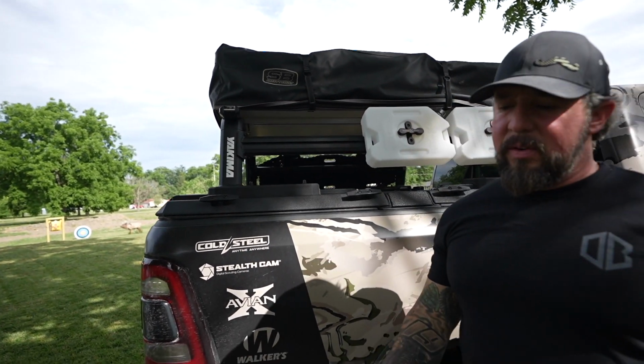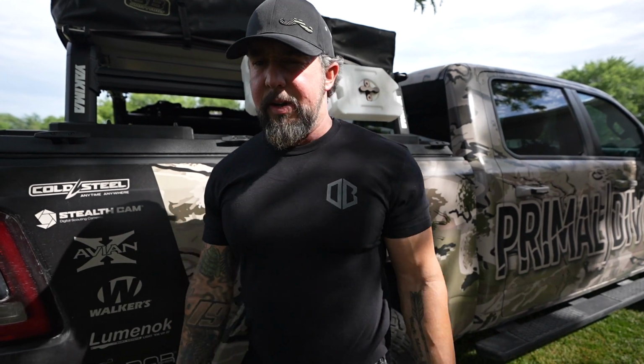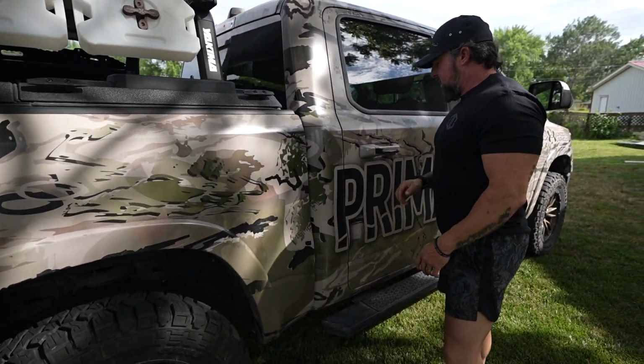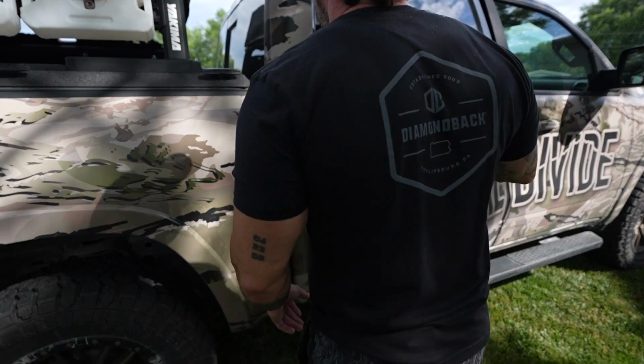I've looked at a lot of different tents over the years, and I reached out to iCamper, heard a lot of good things about it because I was kind of looking for maybe a hard shell tent that opened more clamshell style. iCamper never even returned my call or my email, so oh well. Smittybilt's still rocking. Primal Divide down the side, and then inside here,